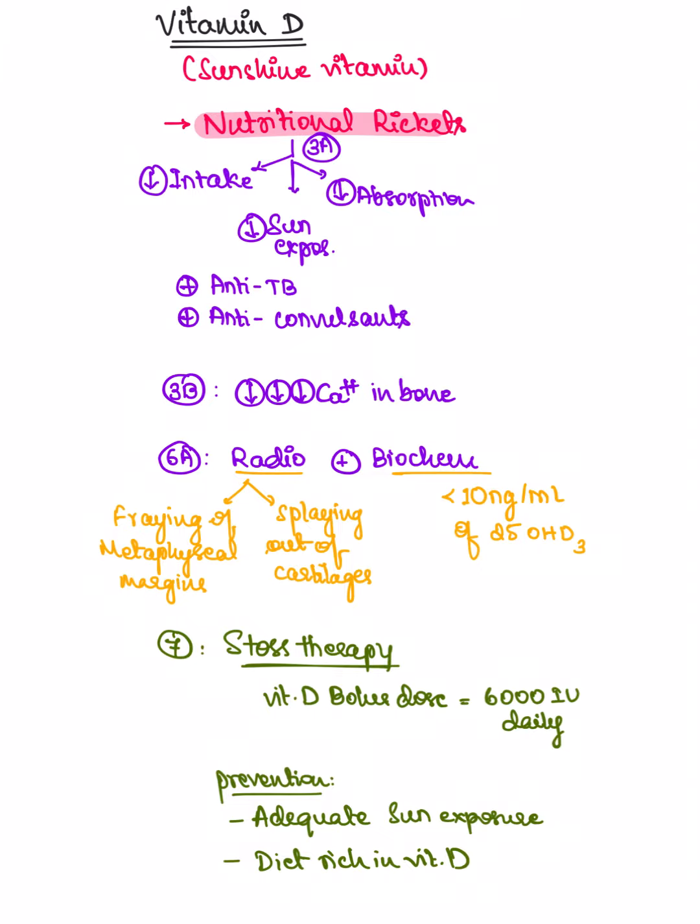So how do you treat it? It is by stoss therapy, which is vitamin D. It should be given at 6,000 international units daily, and prevention is by adequate sun exposure and